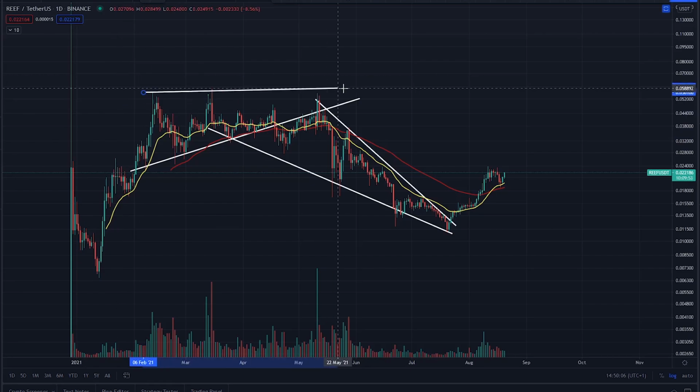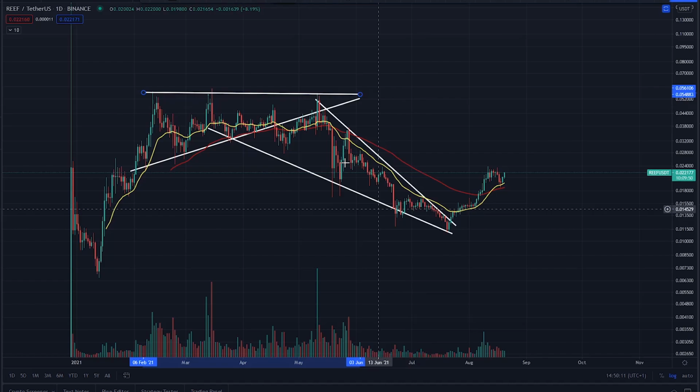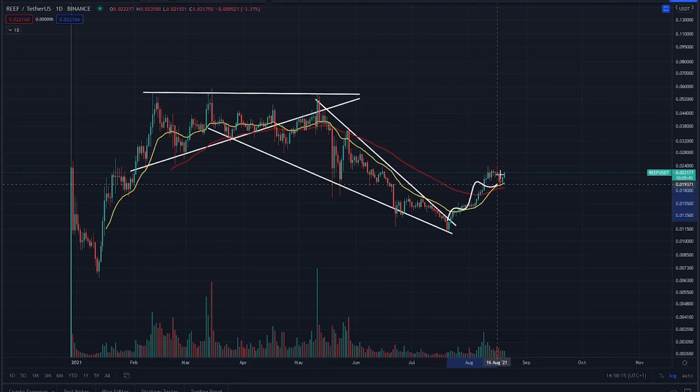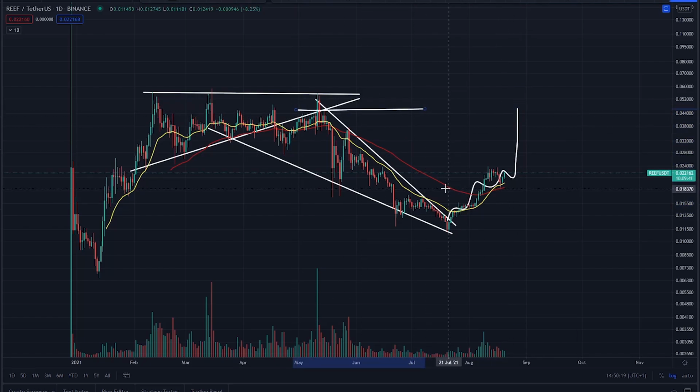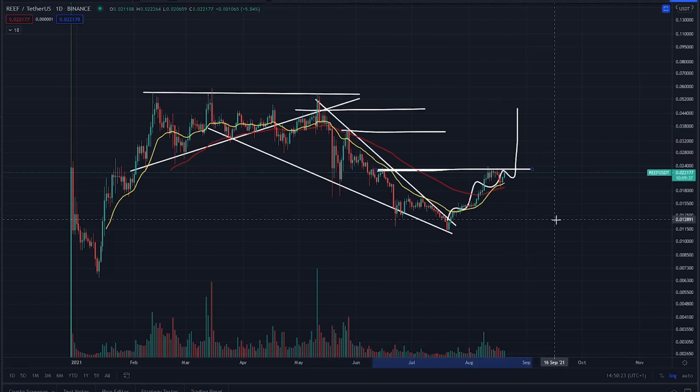A very similar scenario, look, you've got like an ascending triangle, you lost support, so you've carried out a correction, okay. So it's a reversal pattern effectively, and right now you can see that you're on your way to the high of the wedge, which is here where you formed it. Do you see that? So on the way you're going to come to highs. Look, that's a high, that's a high. You've already come up against this high as resistance. Do you see that? So right now your next target, providing you can break this key level support just here,